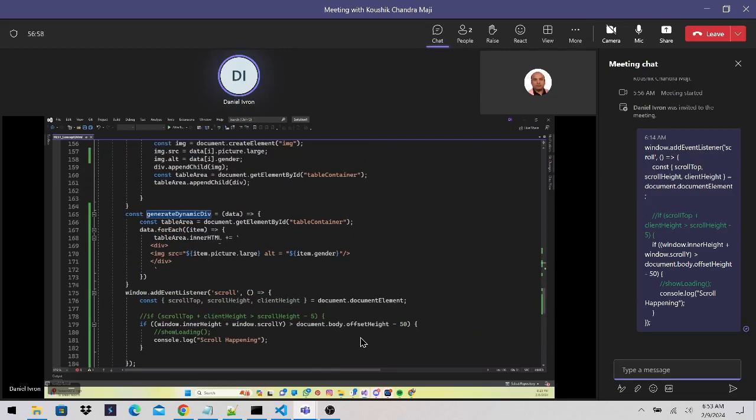What's the point of this? Doesn't this just do the same as this? No, the point of this is, people are more comfortable writing HTML code, but not comfortable with this kind of code: line number 156, append child, create element. Because you are learning HTML, that's why they prefer this. For example, suppose some designer is there. Basically, the designers are the people who write the HTML and CSS code, right? So the designer has